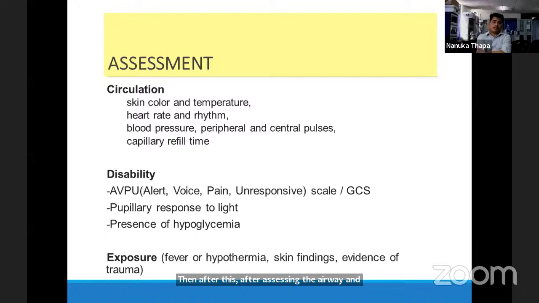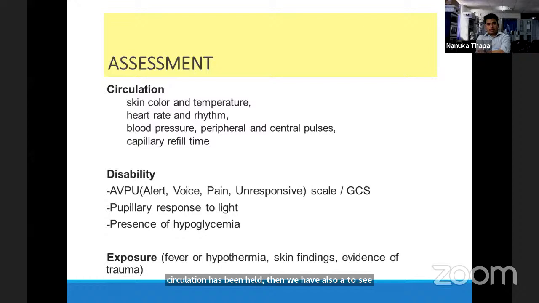For circulation, we have to see the skin color and temperature. If there is acute blood loss, then we may see the patient coming to us in severe pallor, and if prolonged hypoxia is there, then we may see cyanosis in the patient. The temperature may be very low if there is any hypothermia, which will suggest that the circulation has been impaired. Then we also have to see the heart rate and rhythm,